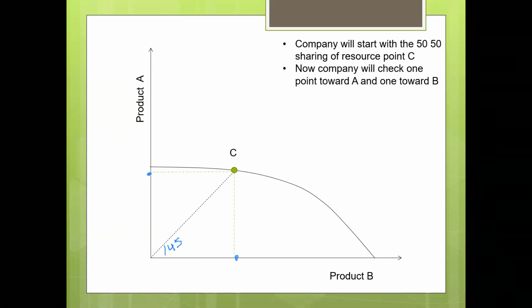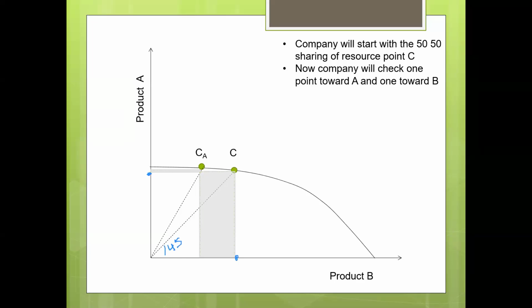What will happen is that the company will check one point toward A and one point toward B. So he will do two experiments. In one experiment he will make a point A and a point B, one on the left-hand side and one on the right-hand side of the diagram. So how will he do it? He will go with CA. CA means, let's make a right point, for CA,